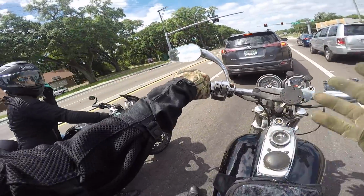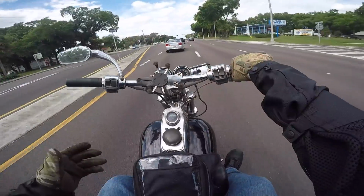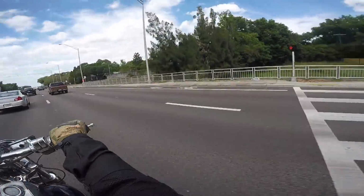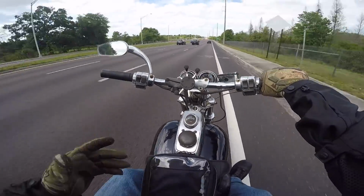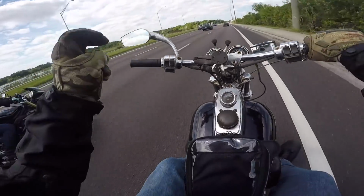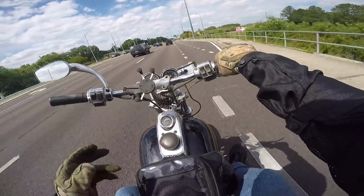Whew. This bike has many smells. Burning oil, burning plastic, burning fabric. It's very aromatic. If you guys are new to this channel, what I'm riding now is the new to me, because it definitely ain't new, 1986 FXR S. My other rides are an absolutely immaculate Triumph Rocket 3 and my Ducati Multistrada, so I'm no stranger to a motorcycle that works properly. I'm no stranger to a nice motorcycle. This is not a nice motorcycle. This is definitely the opposite end of that spectrum. This is about as shitty as you can get and still be